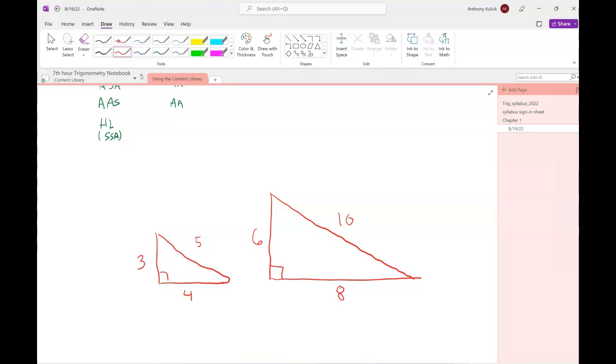One is a 3, 4, 5 right triangle. The other is a 6, 8, 10 right triangle. Who's okay with that? I'm going to name this one A, B, C, and this one will be D, E, F. We can say that triangle ABC is similar to triangle DEF